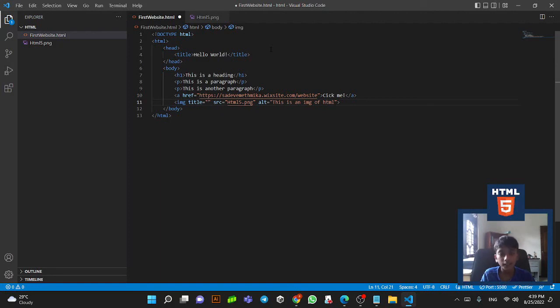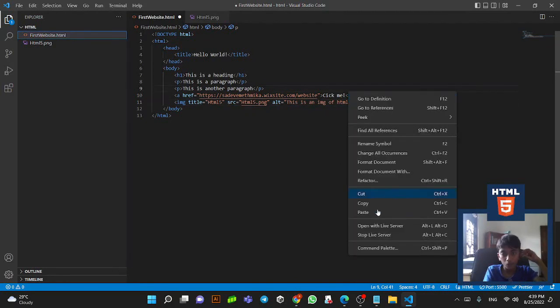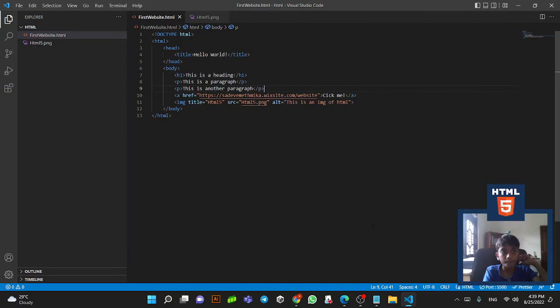Now let's say you have the image. You hover your mouse over the image, and then the title will be displayed. Now let's type HTML5 in here. Okay, HTML5, and now when we open in live server,